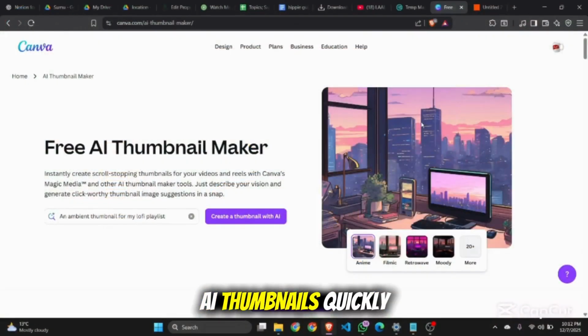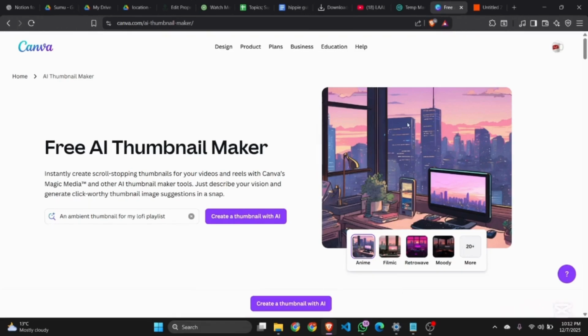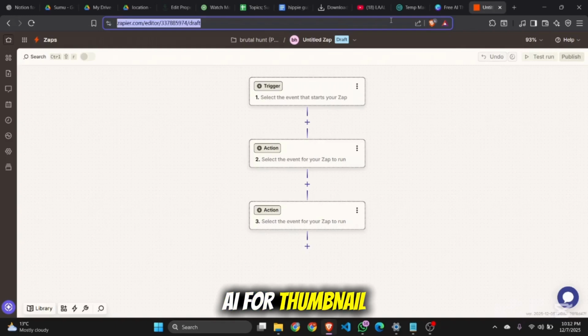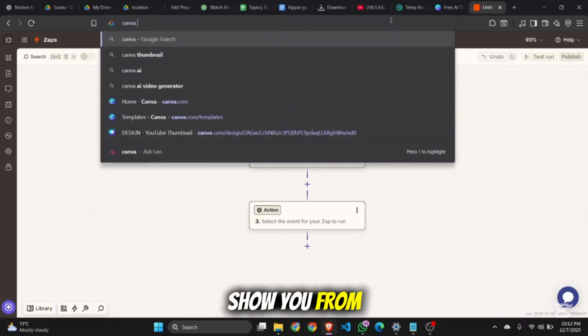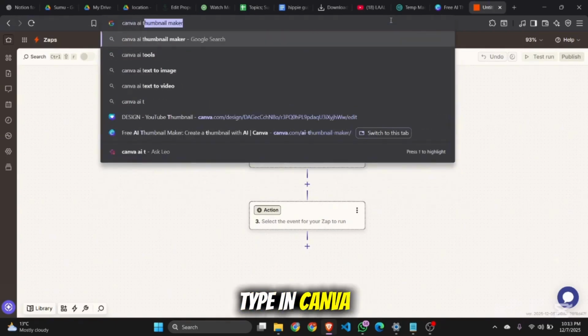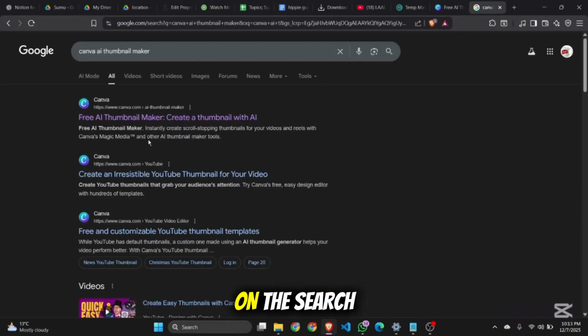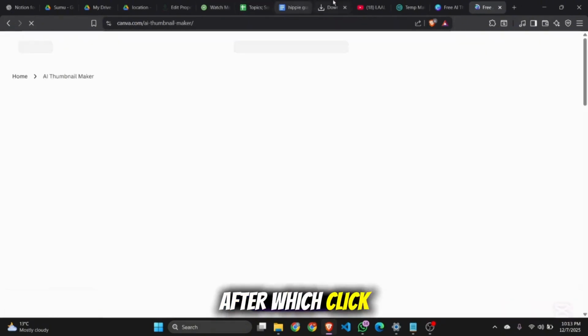How to make AI thumbnails quickly. There are different kinds of platforms which use AI for thumbnail making. I'm just going to show you from Canva. You can just type in Canva AI thumbnail maker on the search bar, after which click on the first link